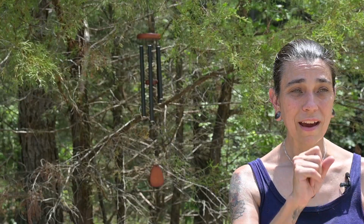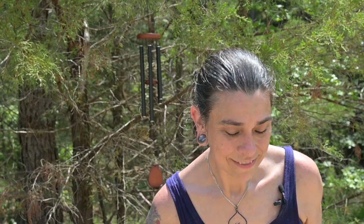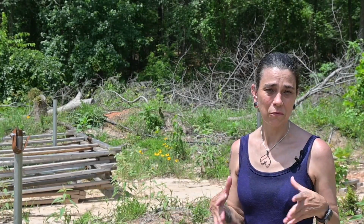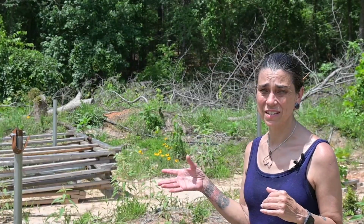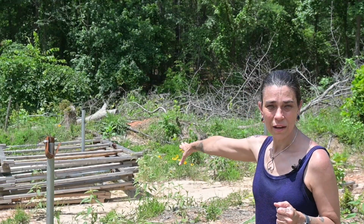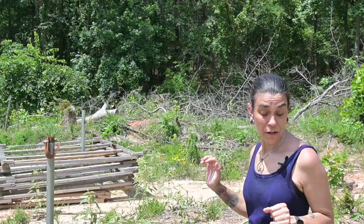Let's go look at the problem and just get that part over with. So this over here is the bulk of the problem for why I'm not moved yet. This has been an ongoing issue since December. So you can see that pile of like frames, and I'm using that word very loosely. We hired a guy to build solar panel stands for me, and I'm not going to tell you the whole story right now, but